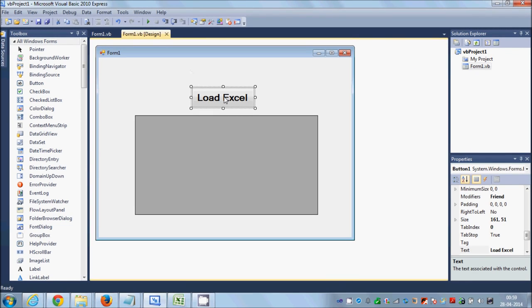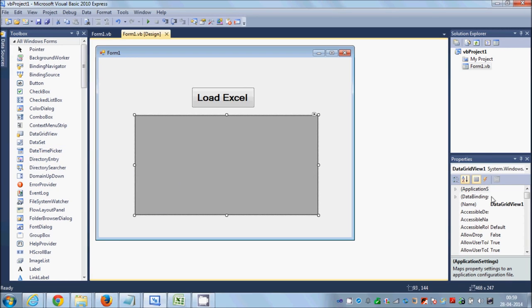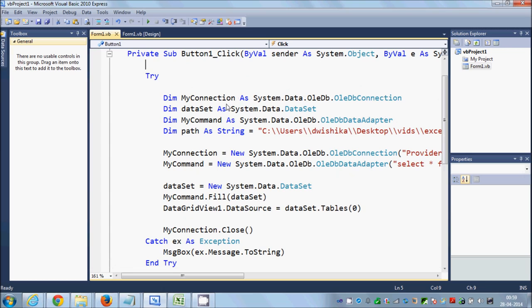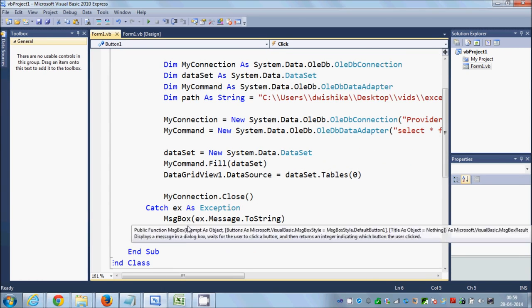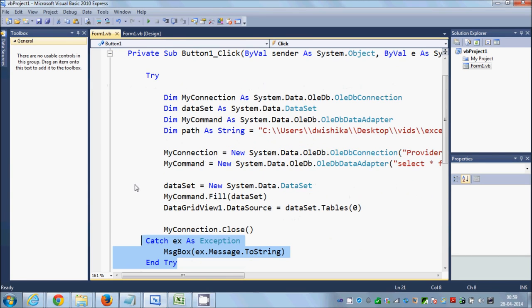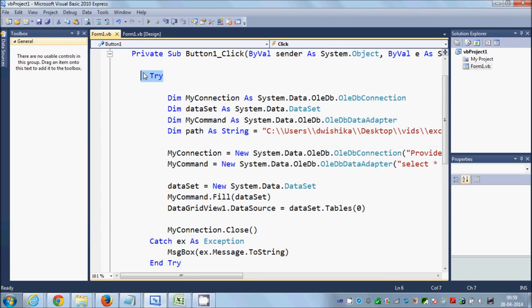First of all, just take a button from your toolbox and take a data grid view. Okay, and the data grid view name is data grid view 1. Now I will just double click this button, and first of all I have written a try catch block. So this will help us to catch any exception when executing this code. Okay, so just make a try catch block first,